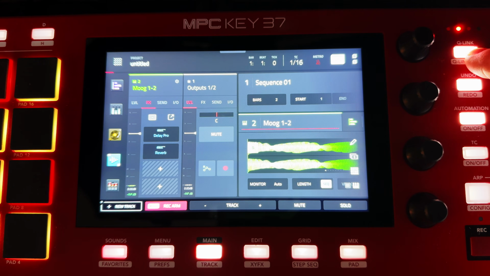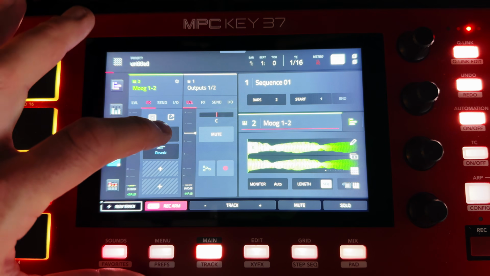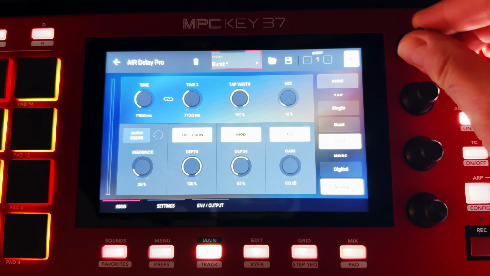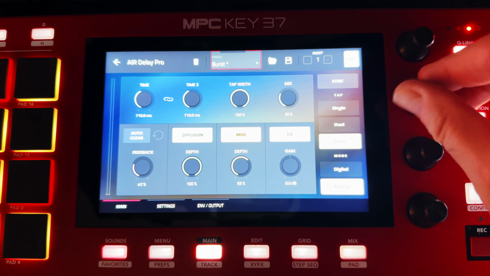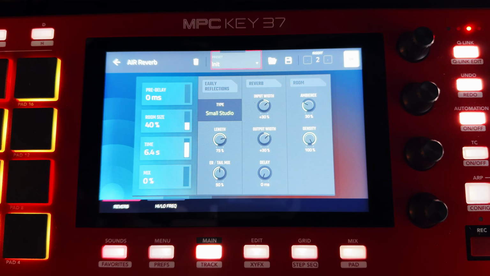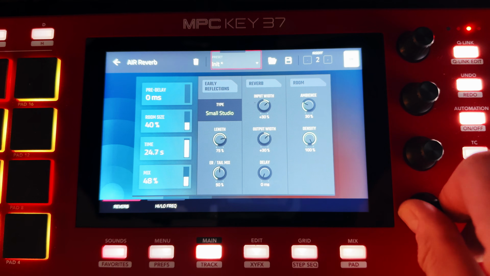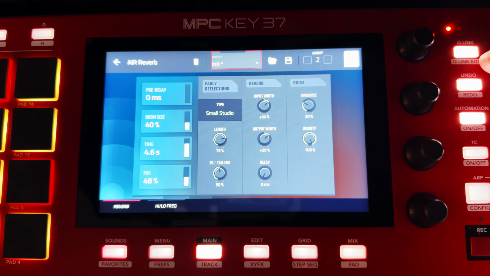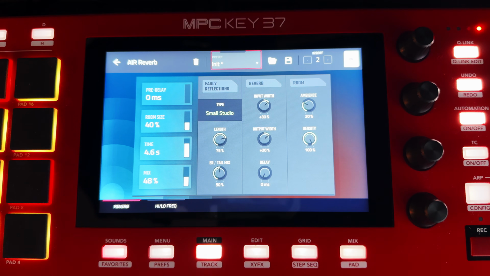And now our Q-Links are going to be controlling everything that we have pre-mapped on that track, such as the mix and the feedback. We go into our reverb here, and we should have the mix, the time, as well as our attack, decay, sustain, release, all of our filters,